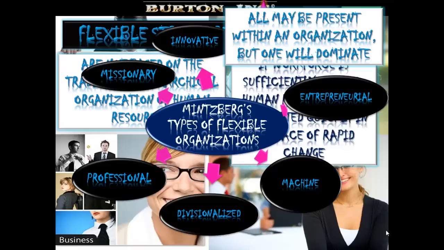Professional organisations. In this structure, professionals with standardised skills tend to make up most of the operating core. They rely on their prior knowledge and learned skills. However, professional bureaucracy is inflexible. Since this system uses highly specialised staff, we're talking brain surgeons and astronauts here, highly specialised staff who are not adaptable to their roles.